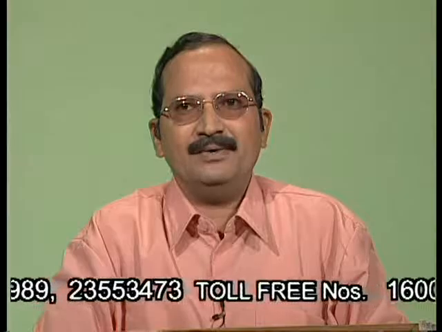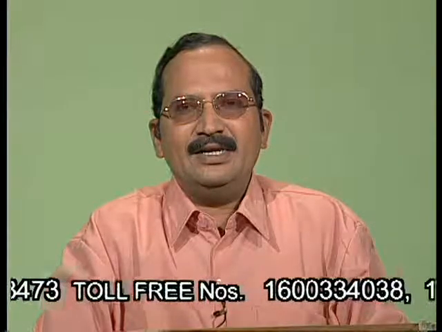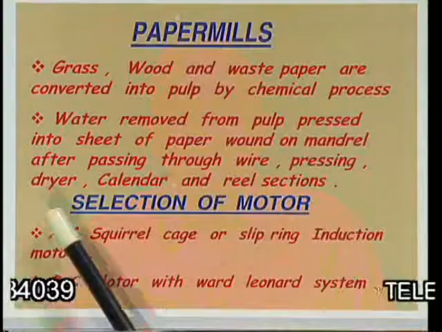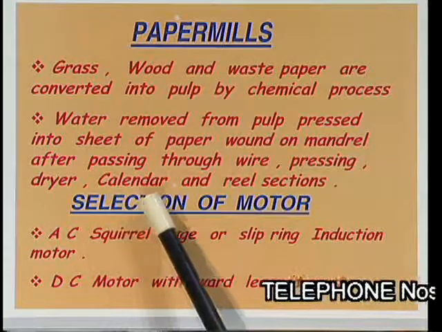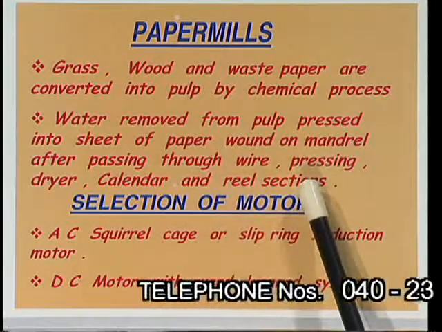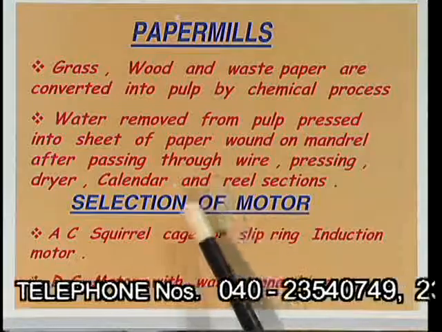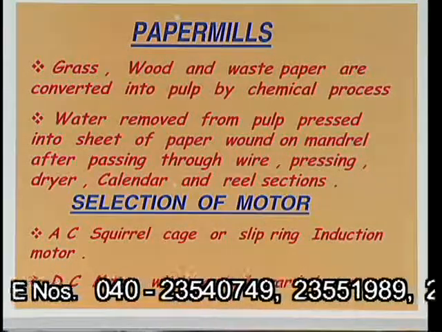Entire moisture can be eliminated in the drying section, calendar section and reel section. In the reel section it is wound into a number of reels over a mandrel. That means in the calendar section, the color also can be done. After passing through all these sections, paper will be pressed into sheets and wound on a shaft